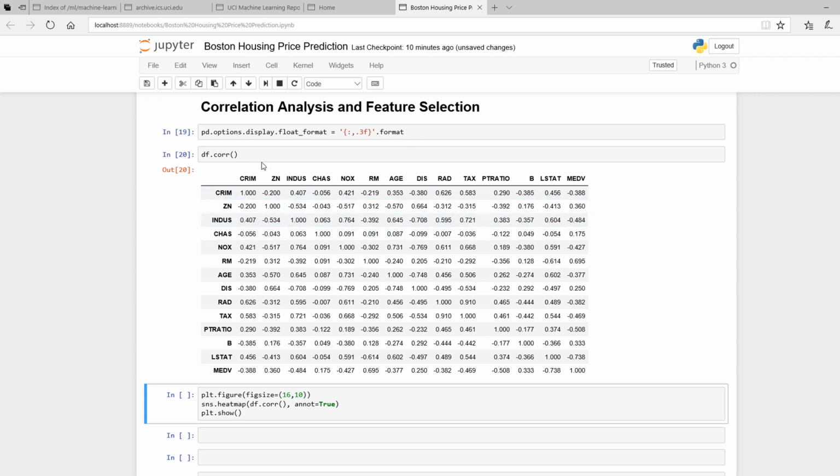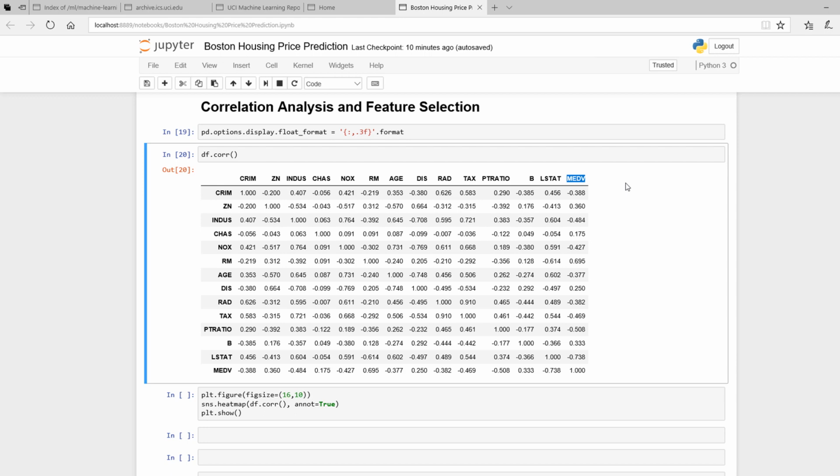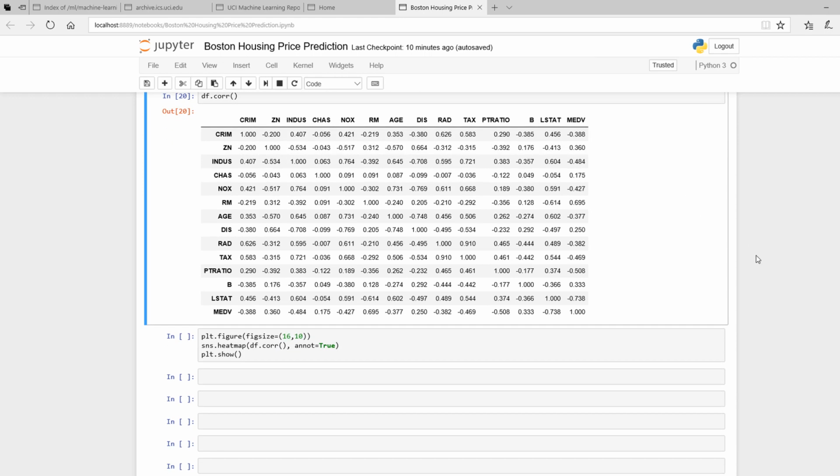Now, because we are trying to model a basic simple linear regression with only one variable on the median value, we would like to look at something that actually is high. So if you scan through this whole column here, and basically this is relating to each and every one of these. Obviously MEDV itself is really high. It also has a high correlation with LSTAT. The other one is RM,